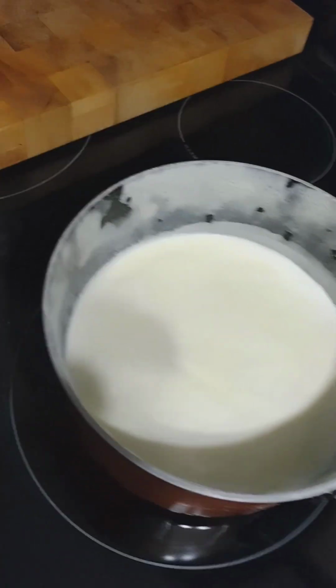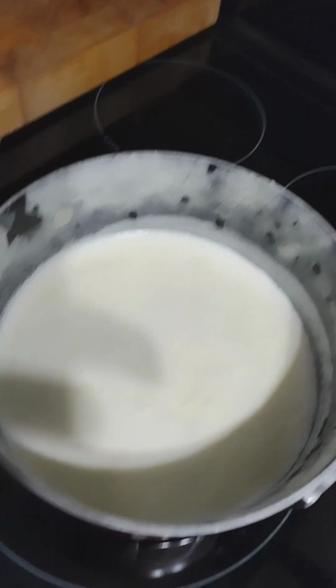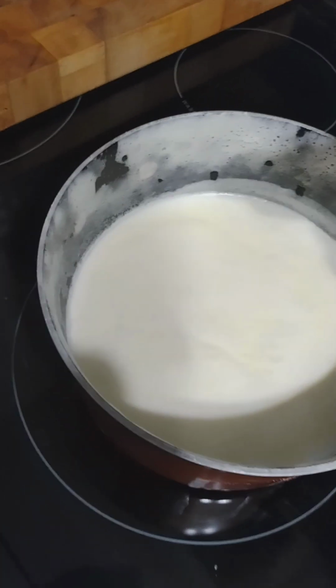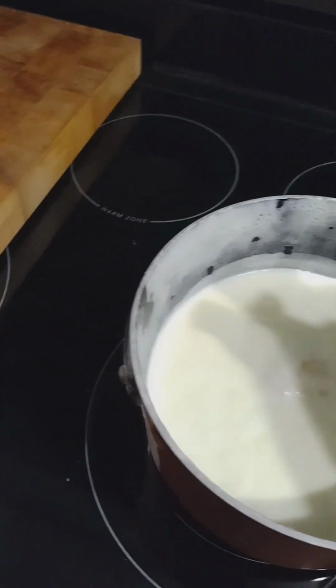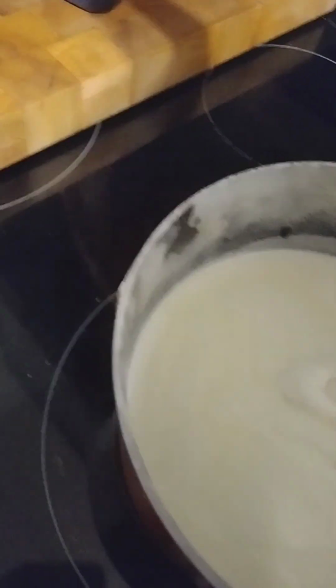So now I can add some liquid vanilla extract. Now you want to add about 1 tablespoon. I add a little bit more just because I really like it. So just a wee bit more. All right,